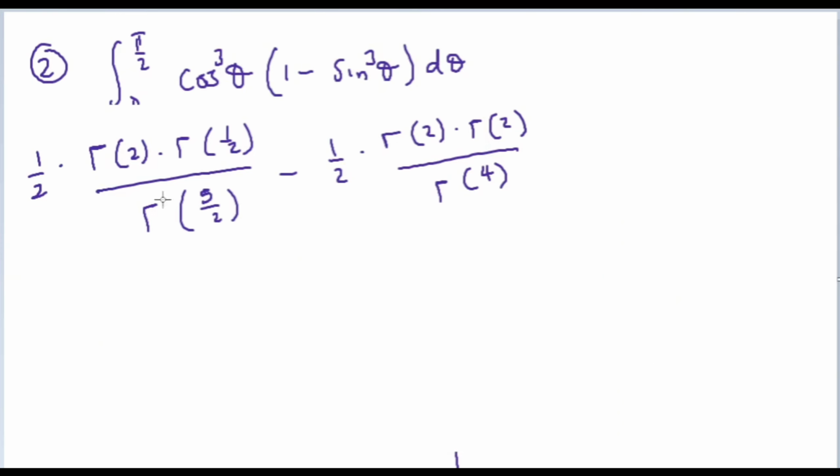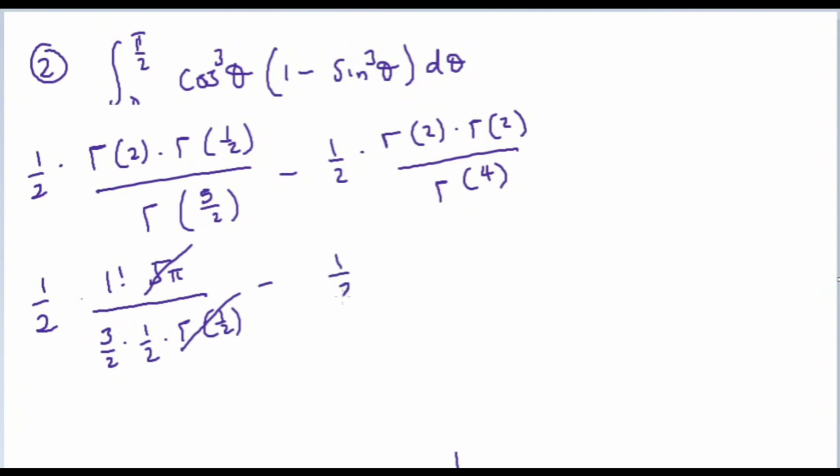Now, to finish this up, I would have 1 over 2. Gamma of 2 is 1 factorial because 2 minus 1 factorial is gamma of 2. Then the gamma of half is the root of pi over gamma of 5 over 2, which is actually 3 over 2 times 1 over 2 times gamma of half, which is still root of pi. That will cancel out this and this. That one is out like that. Minus 1 over 2 times 1 factorial times 1 factorial over 3 factorial. So I would have 1 over 2